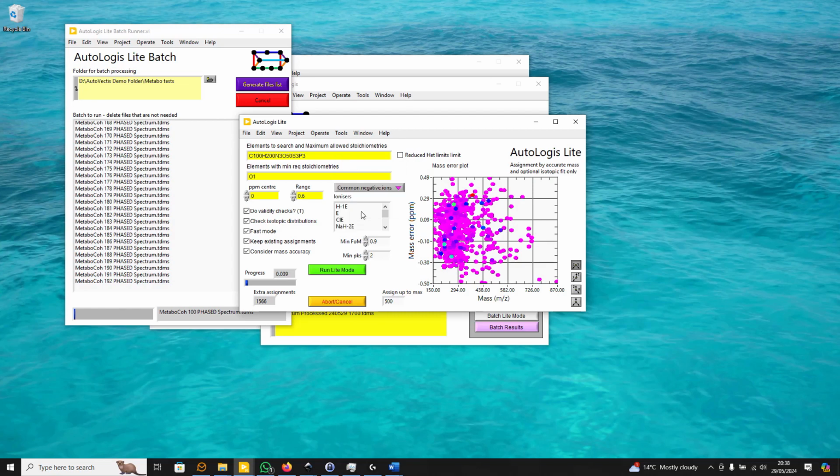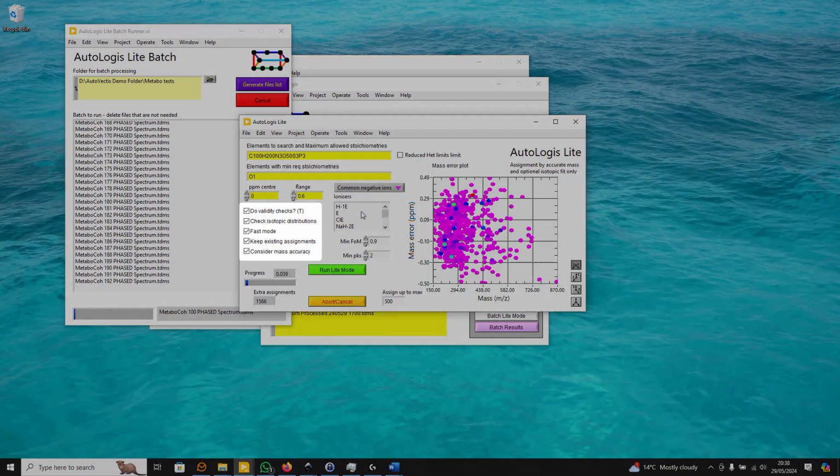This is negative electrospray data, so we'll use the common negative ions list. These checkboxes also include useful controls. Using the validity checks applies the kind and fine rules to ensure that the chemical formulae generated are broadly plausible. Check isotopic distributions means that the relative ion abundance and the isotopic fine structure will be used to help rank